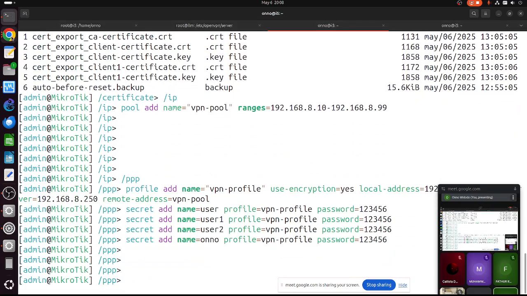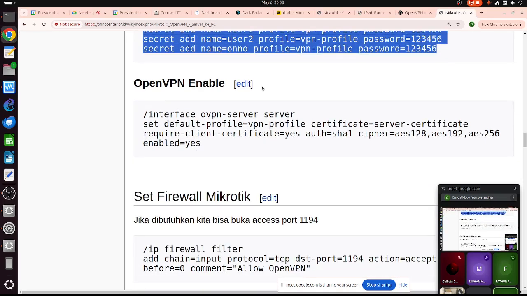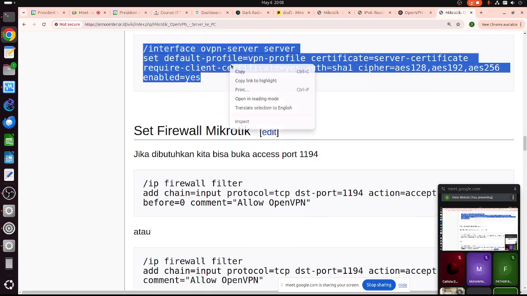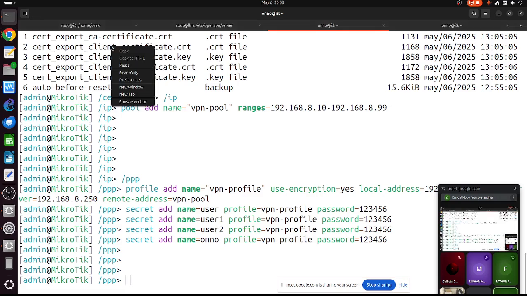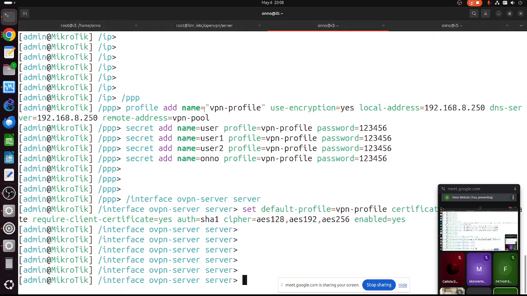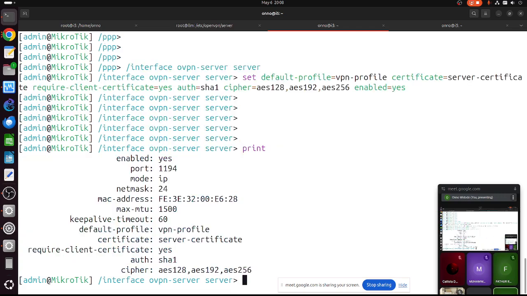Done. Okay. I need to enable this one. Okay, it's enabled now. VPN is enabled. Let me print. Yes, it's enabled. Port is